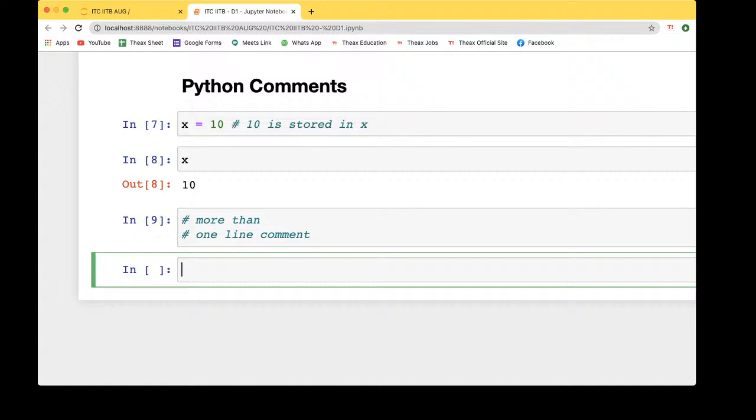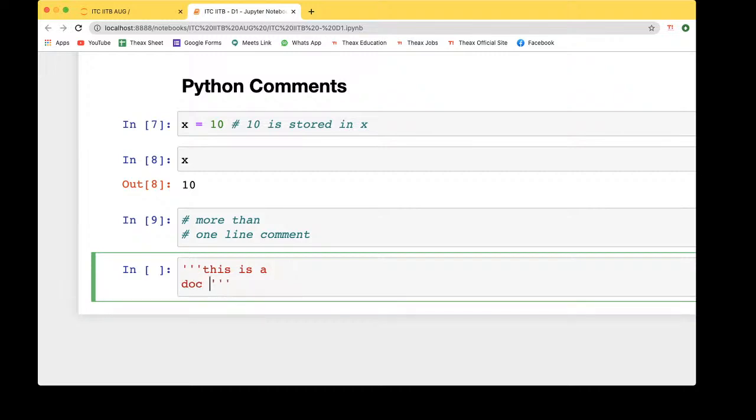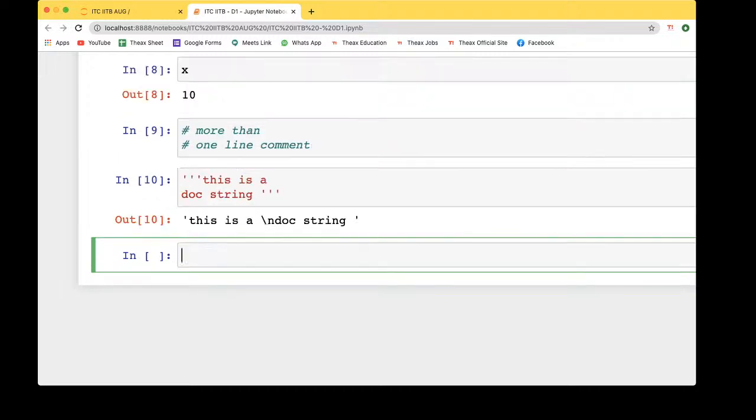In Jupyter, when you use doc strings, it is a string type. In Jupyter, it works like this.